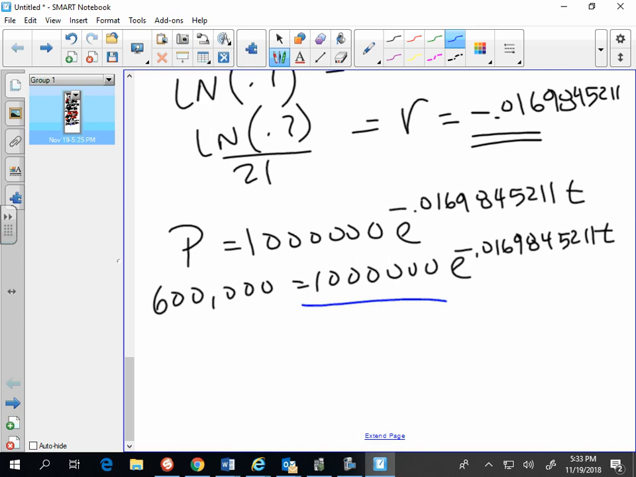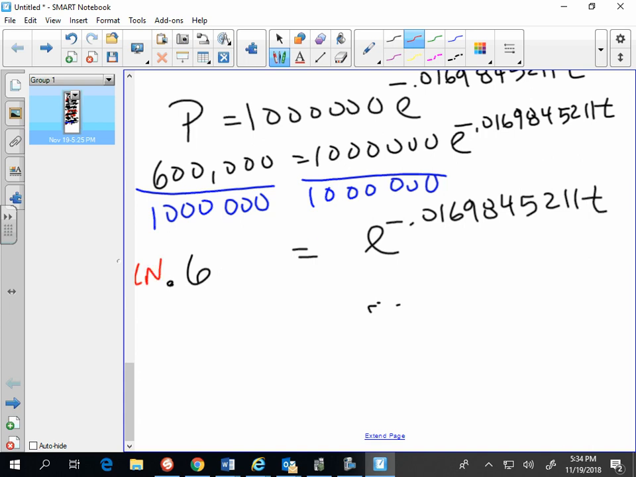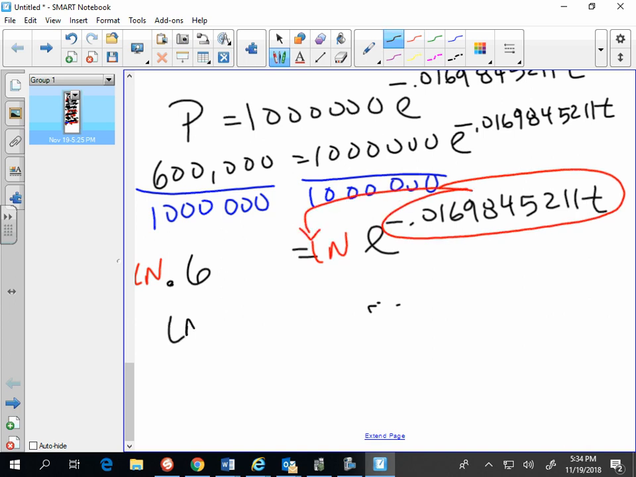Well, let's start by dividing by a million. And so I end up with 0.6 equals e to the negative 0.016984521 t. I bet you know what's coming next. We're going to take the ln of both sides here, and we're going to bring this down with the power rule. We'll have the ln of 0.6 equals negative